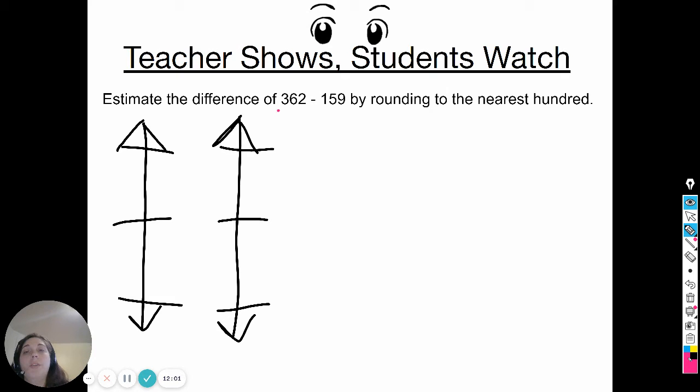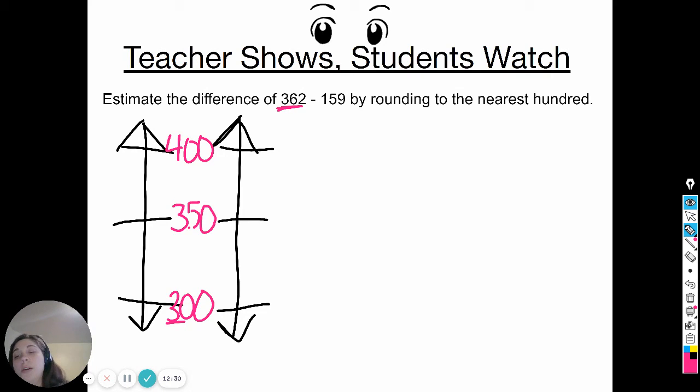So I'm going to look in the hundreds. There's a 3 for my first number, so that's going to be 300. Plus one more 100 is 400. Halfway between 0 and 100 is always 50, so I'm going to keep that 3 and end in a 50. Now I just need to find